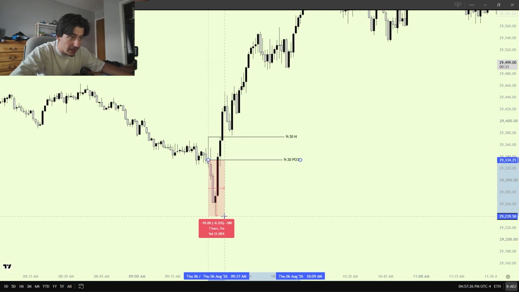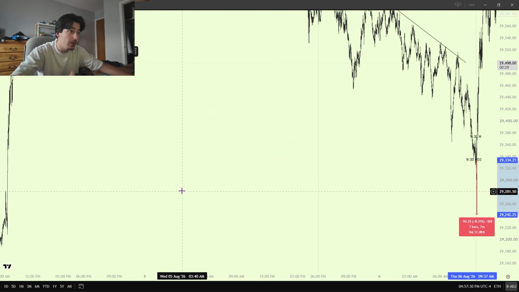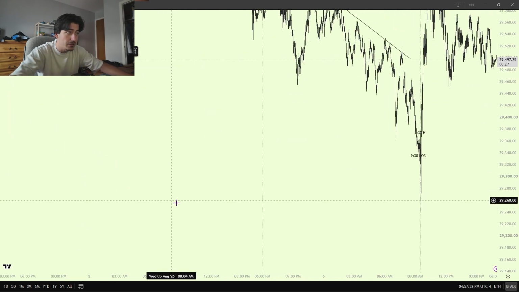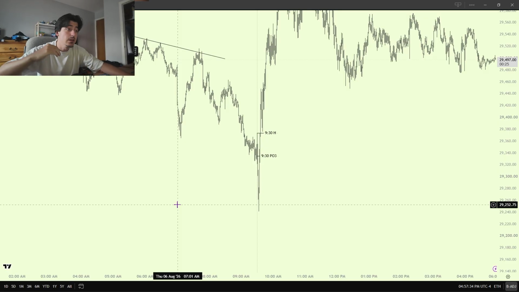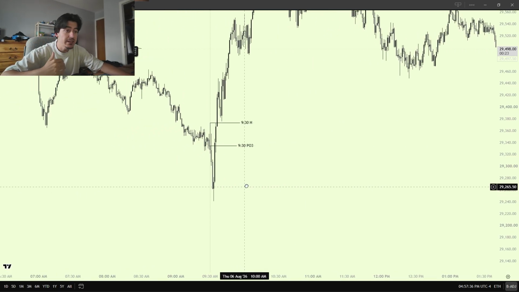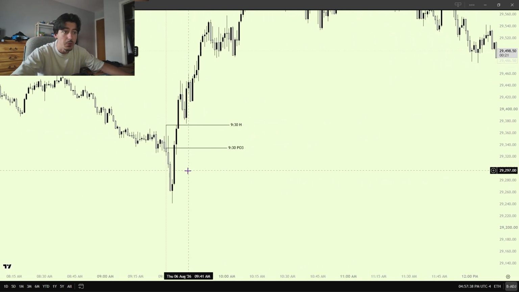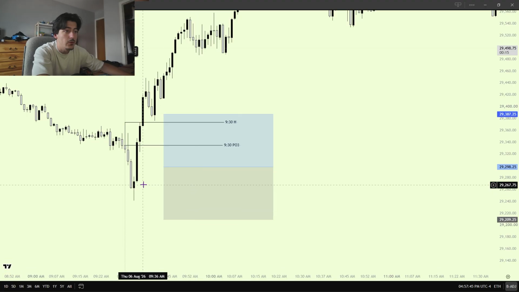We're coming down, right? 9:30 opens, we come down, we create the bottom wick. What are we doing? We're sweeping the liquidity here, and we are basically going to get a reaction. And when we get this reaction, we're not going to just guess and bottom tick the long, which you possibly could do, and I've done it before. But you are basically waiting for some type of reaction.